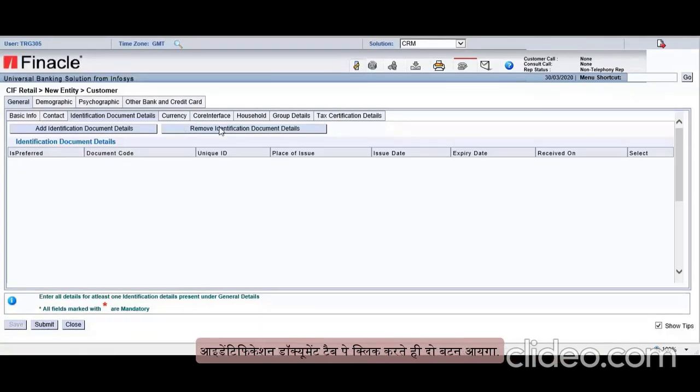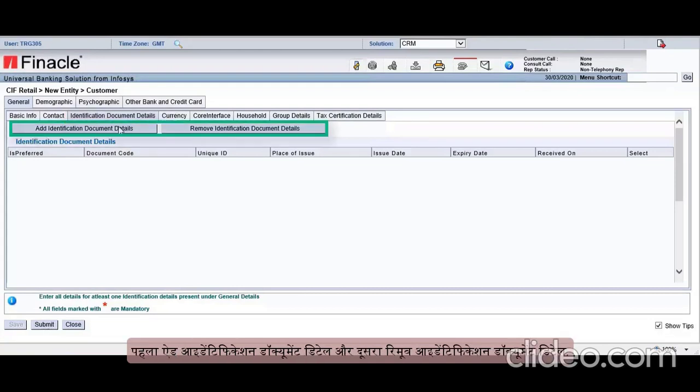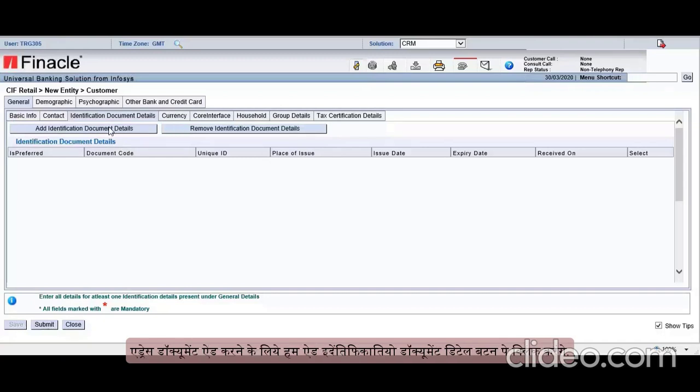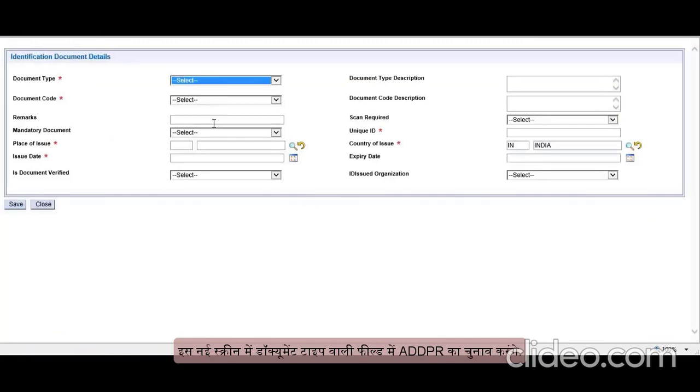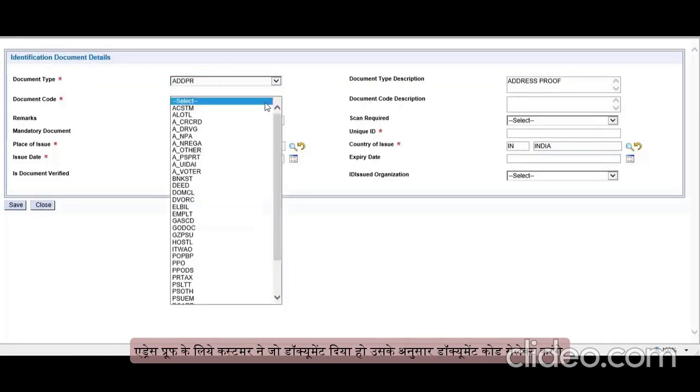When we click on the identification document detail tab, we can see two buttons. First one is add identification document detail and the other one is remove identification document detail. To add an address document, we will click on add identification document. A new screen will appear. Here in the document type field, we will select ADDPR from drop down and then the document code can be selected as